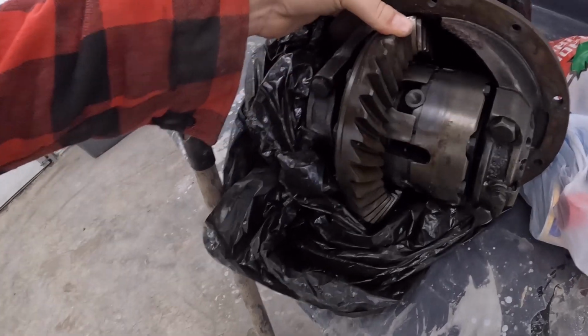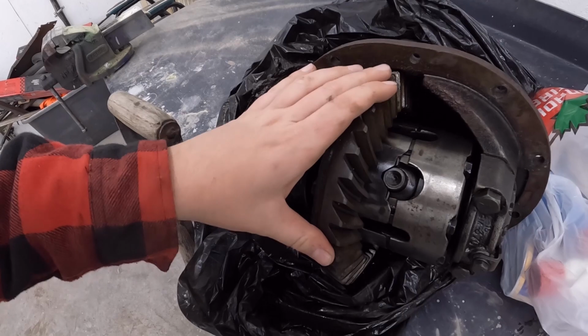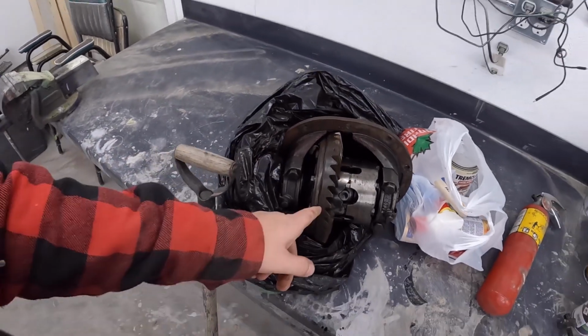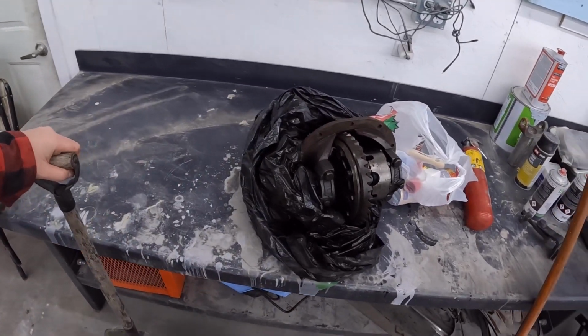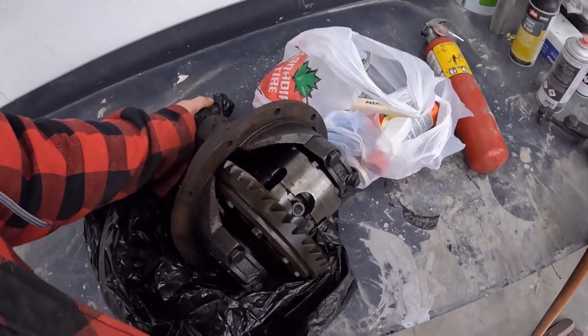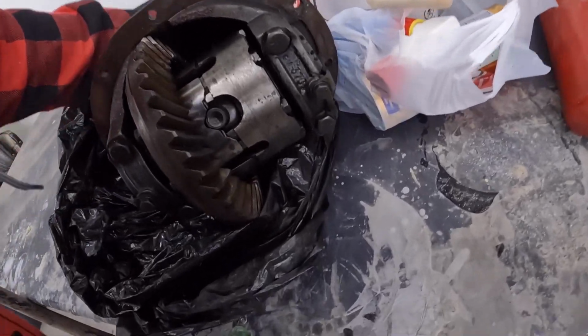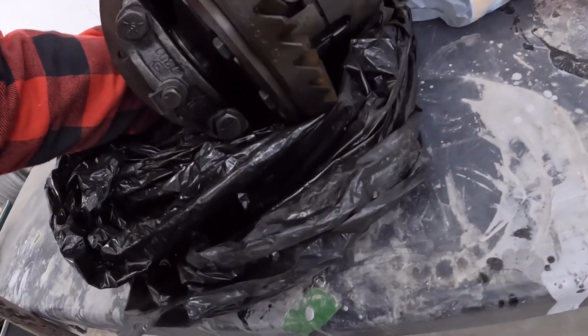But these units here, just the fact it's a posi, I think it'd be $300 for this, $200, I forget. But the fact it's a posi unit alone, if you guys look up Tri-5 posi, man, they gouge you for it. I just play with it. Doesn't have a whole lot of play in it, so we'll see what the other one is. Unfortunately, I thought it was a different gear ratio. It says right on it,